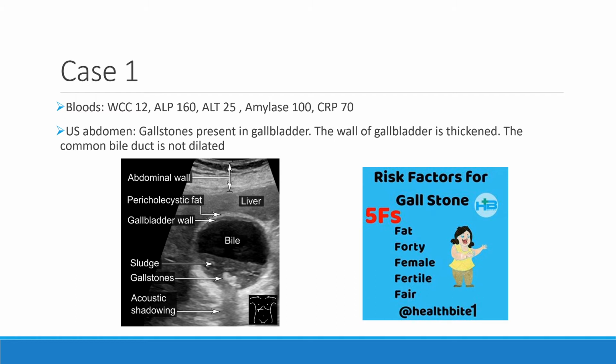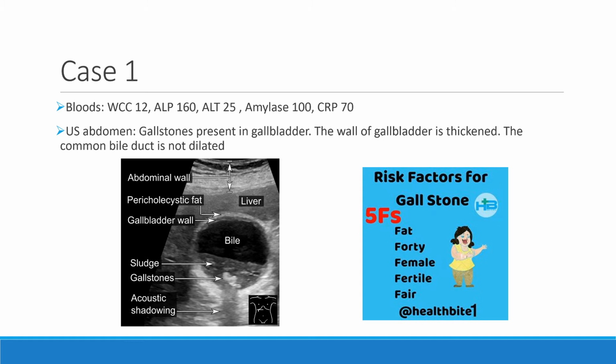So you perform an ultrasound abdomen and it notes that a gallstone is present in the gallbladder. The gallbladder walls are thickened, which shows that there's some inflammation going on in the gallbladder. And the common bile duct is not dilated. If the CBD is dilated, it suggests there is an obstruction further down the common bile duct,